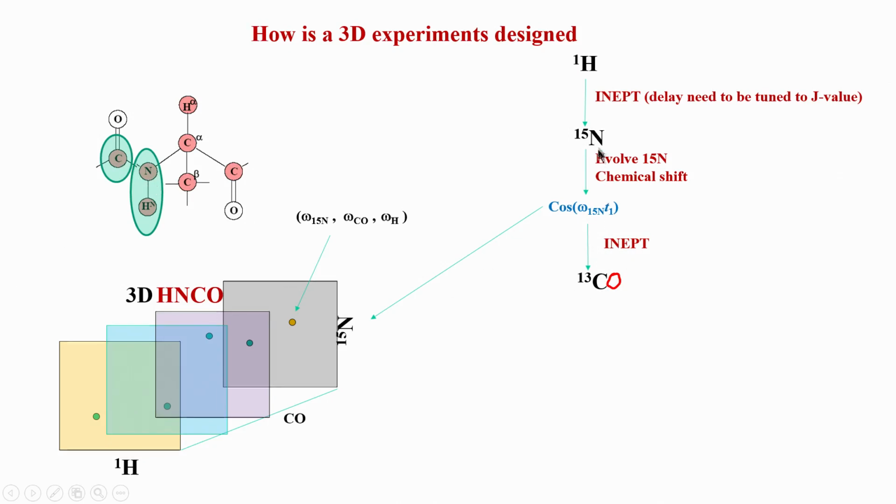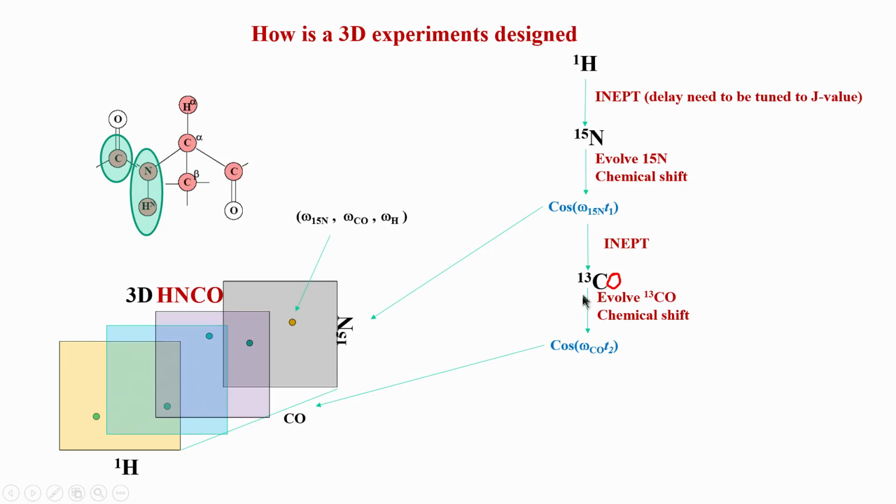Okay. So, that is the next step we do after evolution of nitrogen, we can do an INEPT to carbonyl. Now, we have got the magnetization on carbonyl, we can evolve that magnetization and we can capture the chemical shift of carbonyl during T2 evolution. So, this is this chemical shift here. This chemical shift axis is coming because we have captured the chemical shift of carbonyl by evolution, and that evolution period is T2. So, this is T1, T2 and finally, this will be T3.